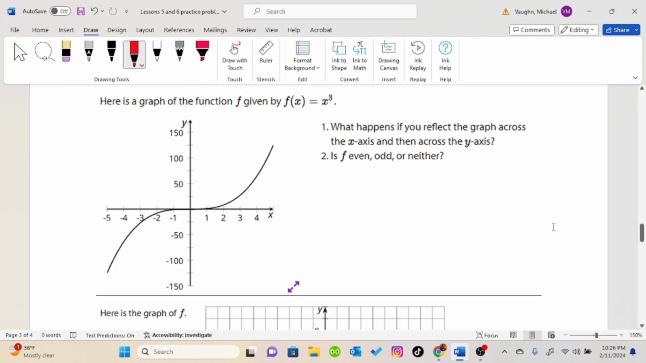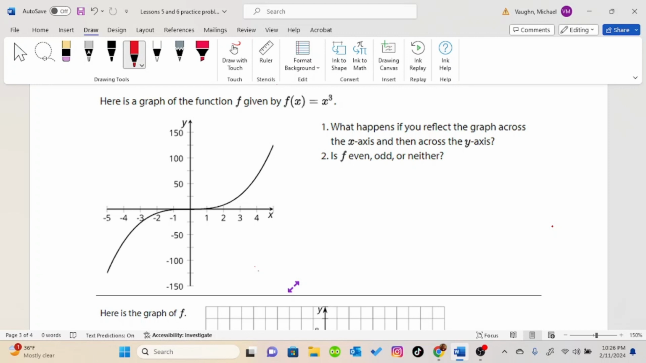Here is a graph of the function f given by f of x equals x cubed. What happens if you reflect the graph across the x-axis and then across the y-axis? So what they're saying is, first we would take this original graph and we would flip it upside down across the x-axis,